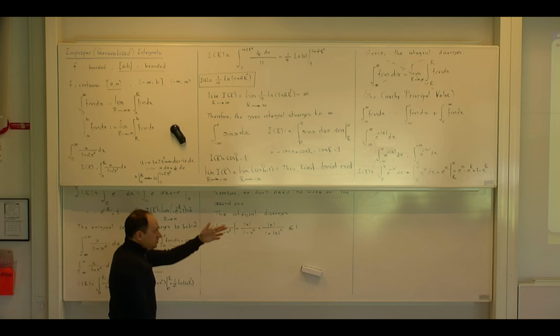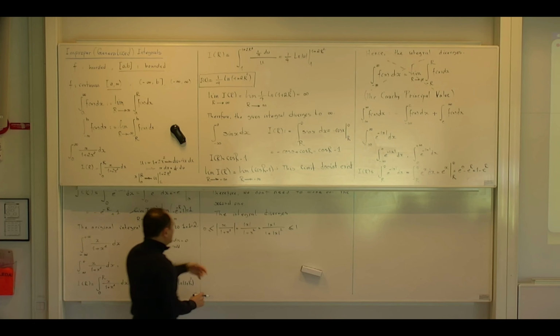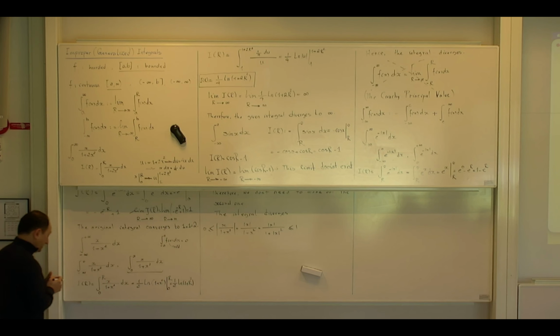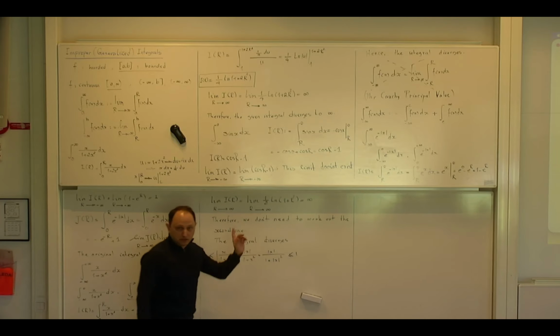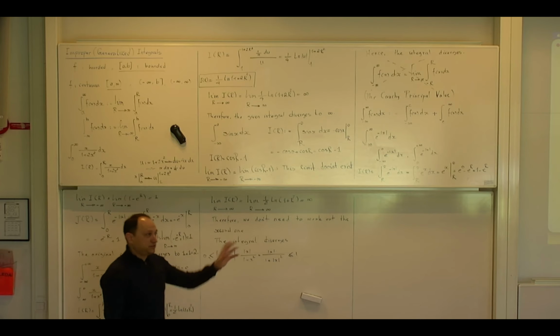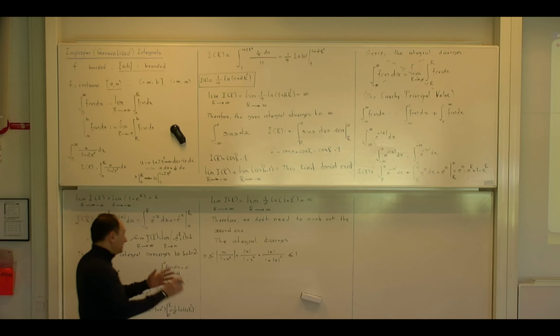You can draw the graph, but I don't want to spend so much time on these things because, as always, we are in the stress of time. But this function at least is bounded. Okay, and this is the best I can say, that this integral diverges, because one of them diverges to plus infinity, the other one to minus infinity. So I cannot say anything about the overall.